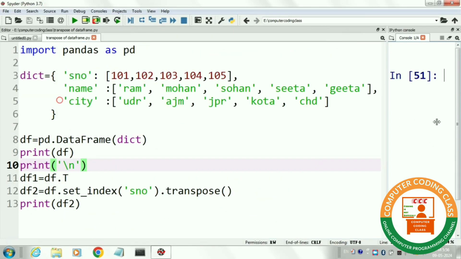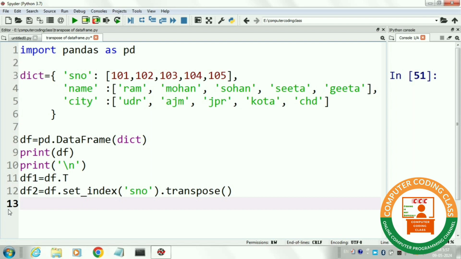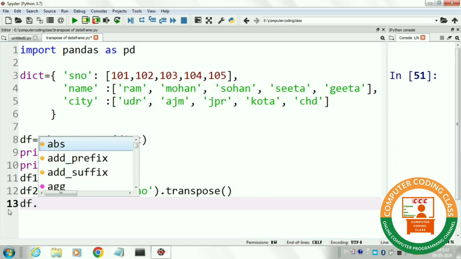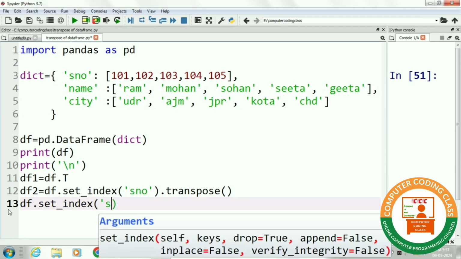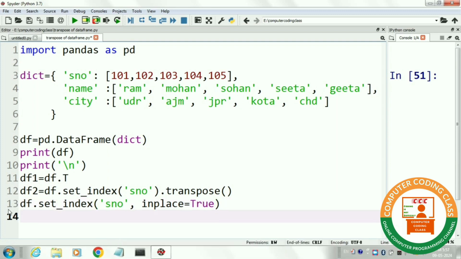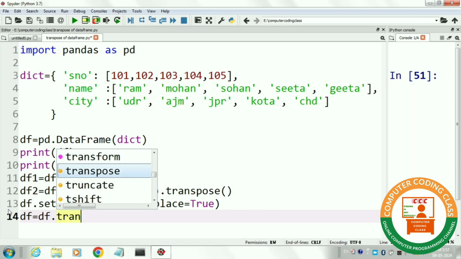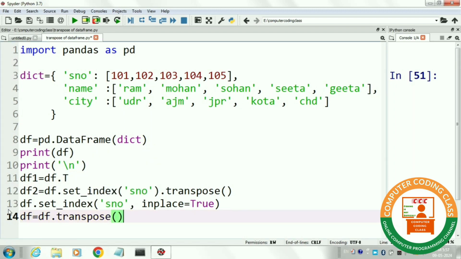In previous 2 methods, when we transpose the data frame, a new data frame is created. Next, we will learn how to transpose the original data frame itself. For this, we will add a new parameter in set_index method, that is inplace equal to True. Now we will apply transpose method on data frame df and this will change the data